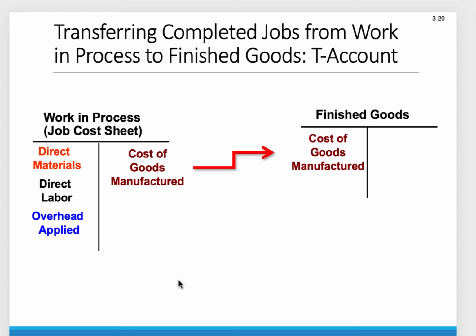So where are we at now? Well, we're talking about product costs and how they flow, right? Up to this point, we have gotten all our costs into WIP. So they're sitting on the production floor, right? Direct materials, direct labor, overhead applied. It's sitting, excuse me, in the bucket, which is the production floor of WIP. Okay,